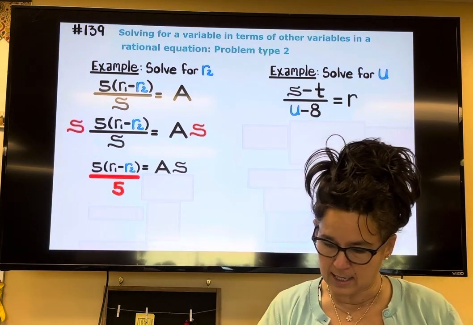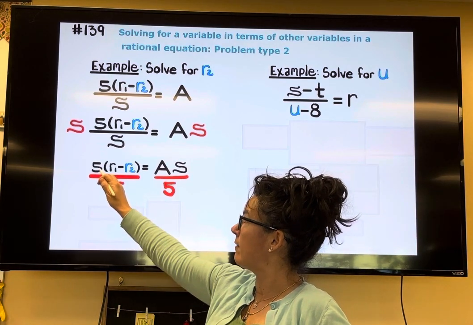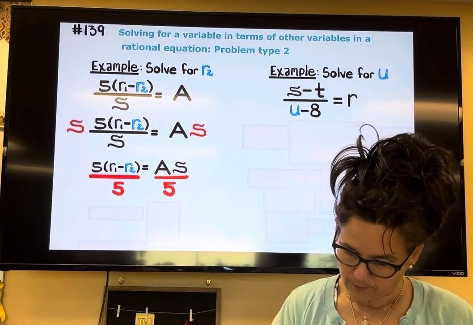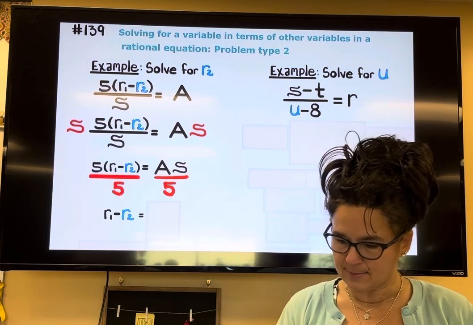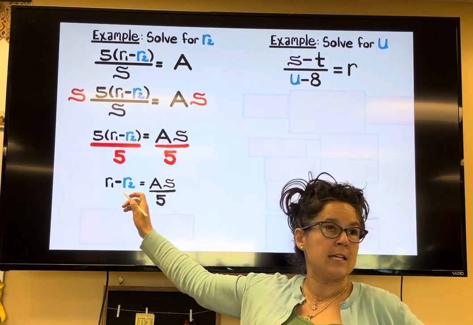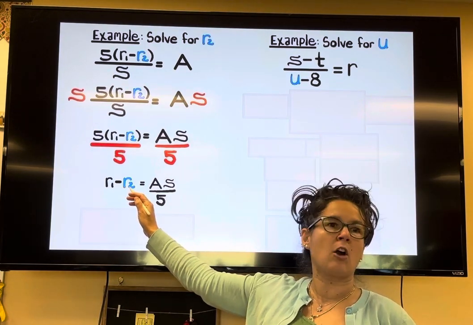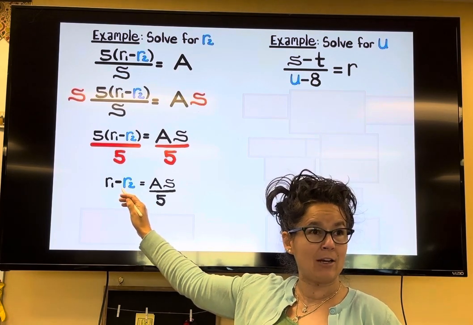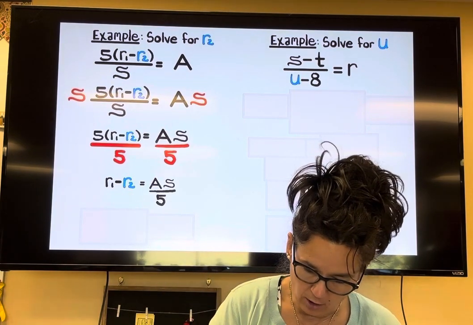What I do to one side, I do to the other. And so here on the left side, this 5 gets rid of this 5, and I'm left with r sub 1 minus r sub 2 equals, and then I have this fraction, 8 times s over 5. Finally, to finish getting r sub 1 by itself, we're just subtracting r sub 2 from it. So to get rid of minus r sub 2, I'm going to add r sub 2. What I do to one side, I do to the other. So by adding r sub 2